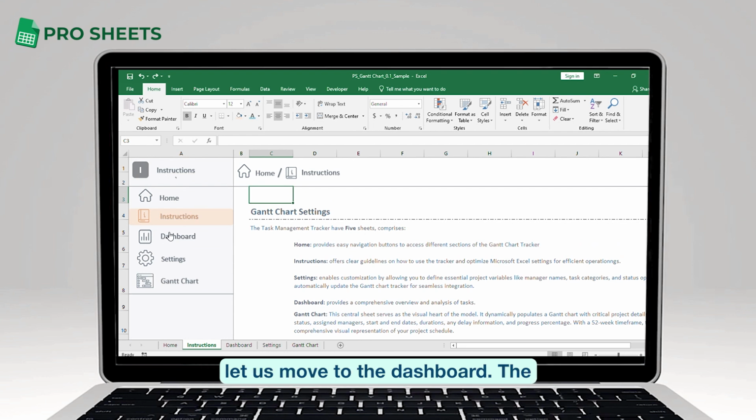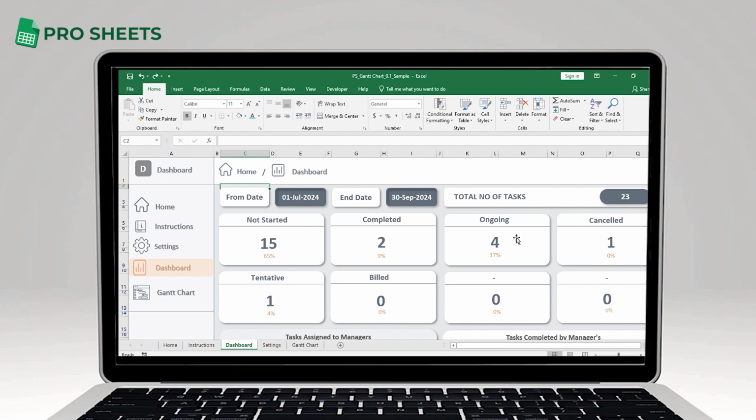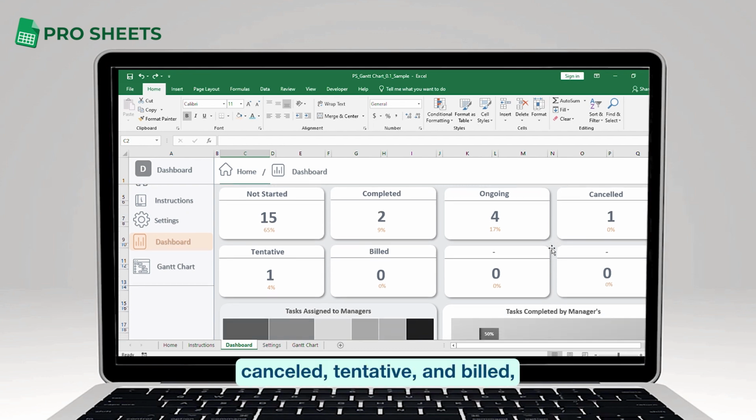Now, let us move to the dashboard. The dashboard provides a comprehensive overview and analysis of tasks within the Gantt chart tracker. It offers the following insights: start date and end date. These fields display the project's time frame. Total number of tasks. For example, in this case, there are 23 tasks. Task status breakdown. This includes the number of tasks that are not started, completed, ongoing, canceled, tentative, and billed, along